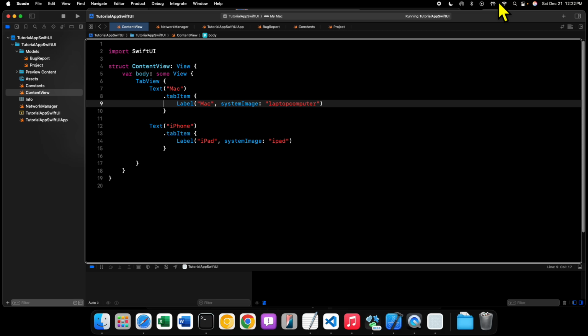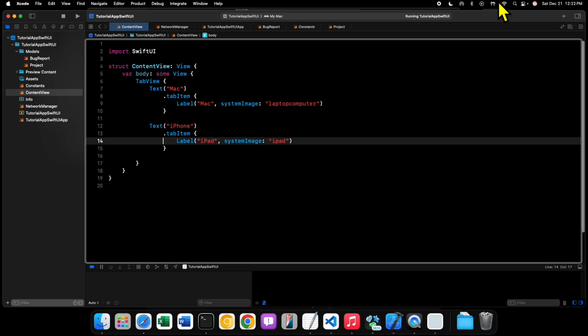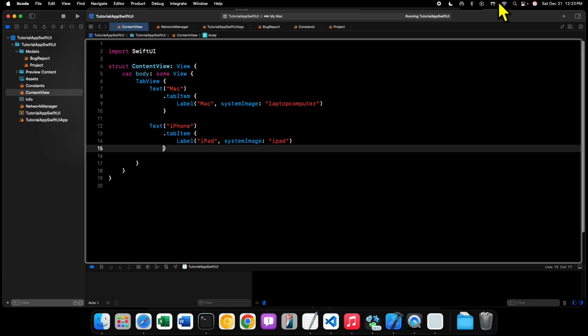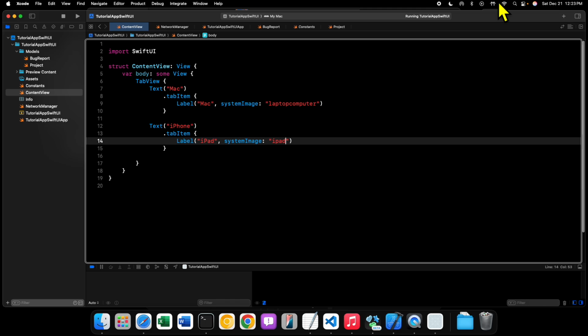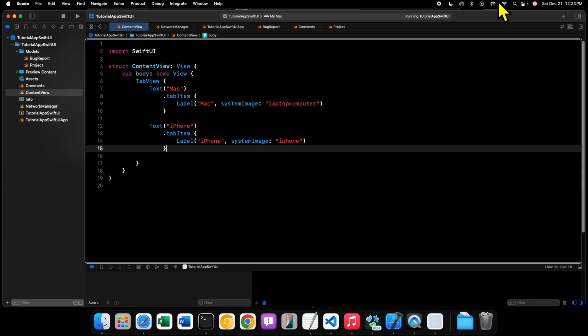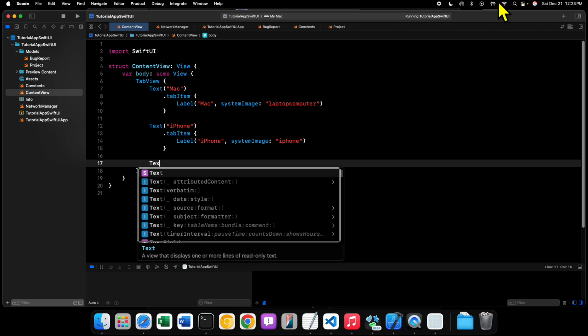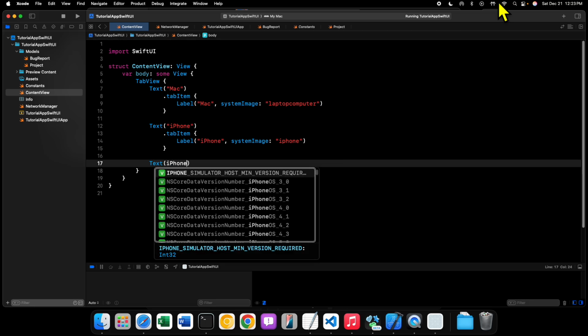Let's take a look at what we got here. Ah, okay, I see. I messed up. Instead of iPad, it'll be iPhone. iPhone. And then we'll have text iPhone